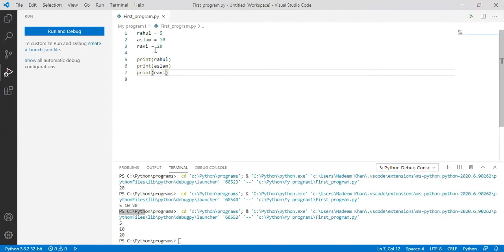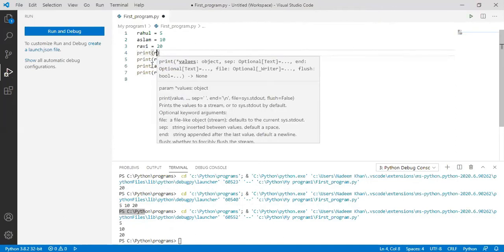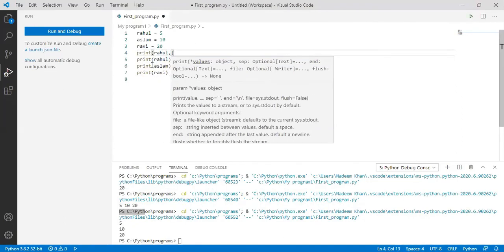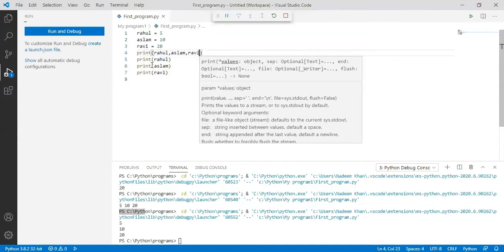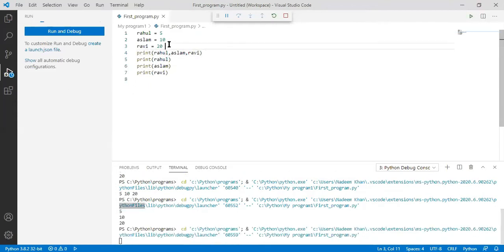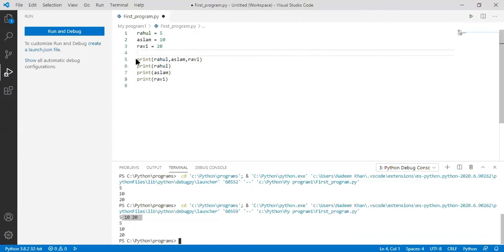So what was happening in our first code? For this part, print Rahul, comma, Aslam, comma, Ravi, we have the output 5, 10, and 20. It is printing the output in the same line.